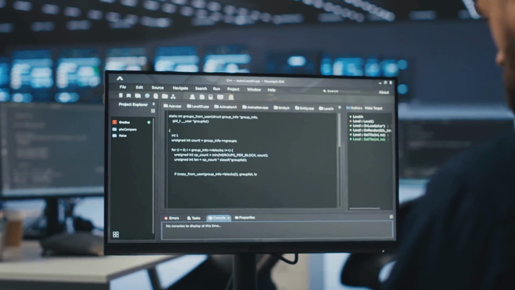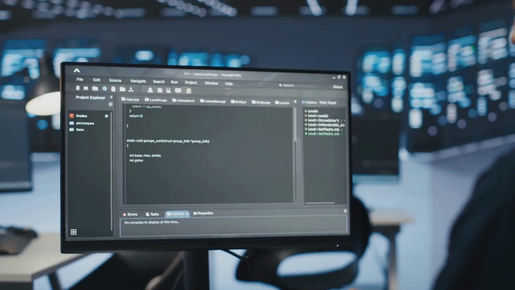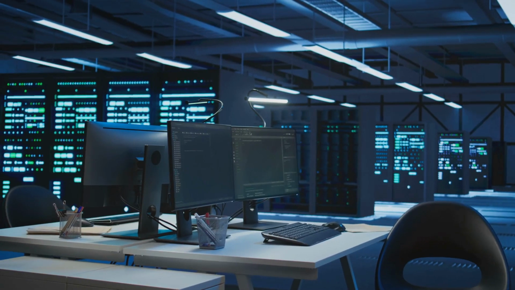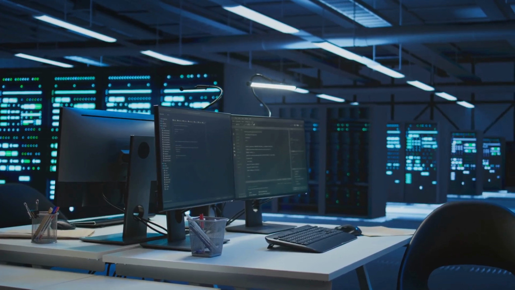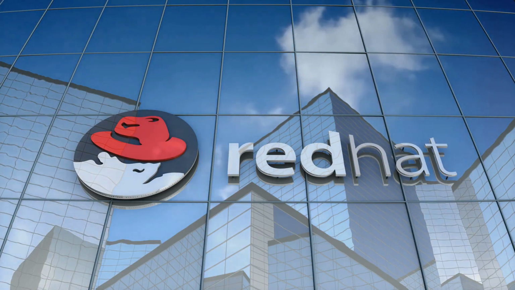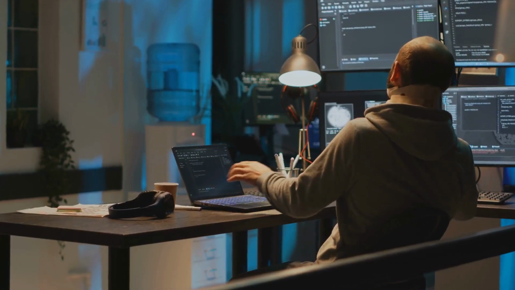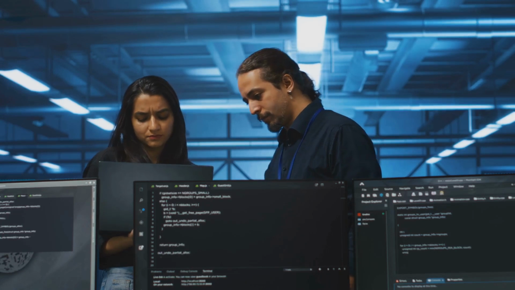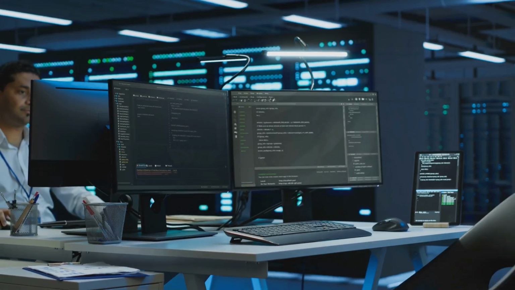This guide will show you how to set up this powerful combination on Red Hat Enterprise Linux 9, a very common and stable operating system for servers. The combination of Oracle Database, Apex, and ORDS on Red Hat Linux is a strong choice for any enterprise. Red Hat Linux provides a secure and reliable foundation. The Oracle Database is a world-class system for managing data. Apex allows for rapid application development, which saves time and money, and ORDS provides the modern web connectivity that is